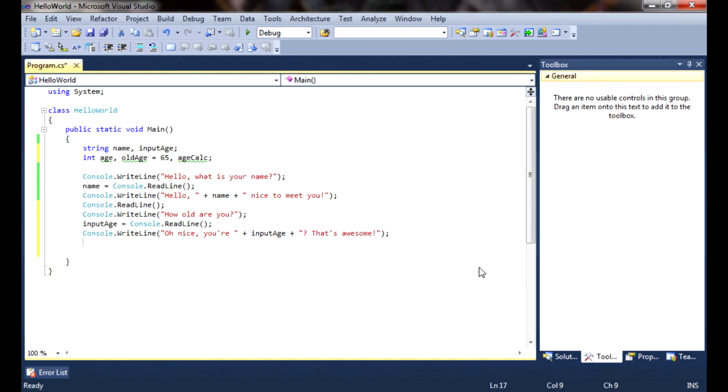Integers obviously are whole numbers, and strings are strings of text, and you can't do a calculation with a string. It just doesn't work. It's impossible. Ready. So, two main ways to do that. We type in age equals. The first way is the really basic way, which is Convert.ToInt32, and then you just put the string that you wish to convert,